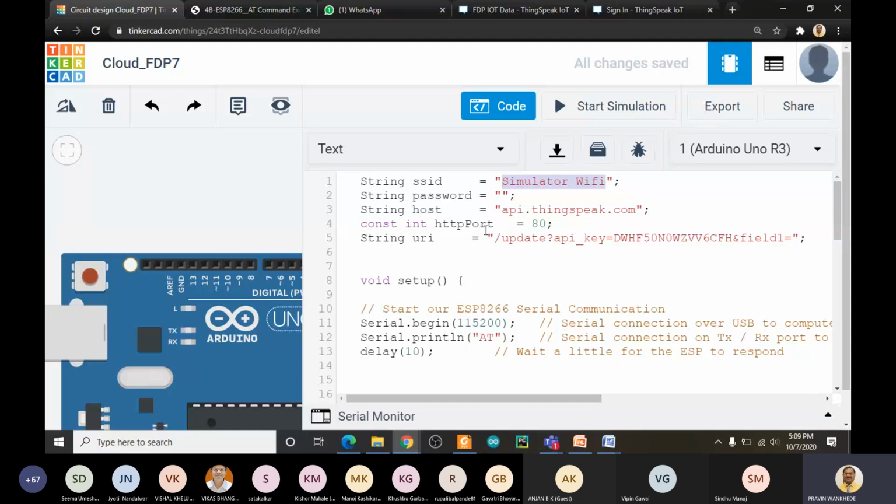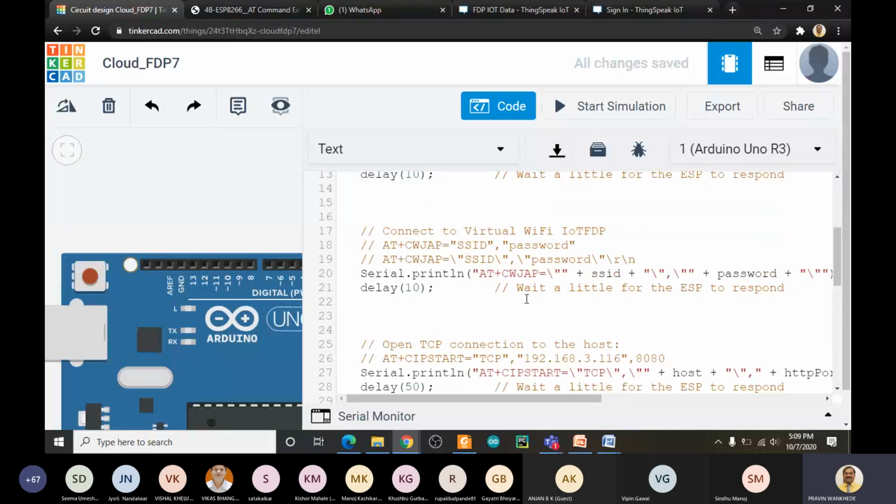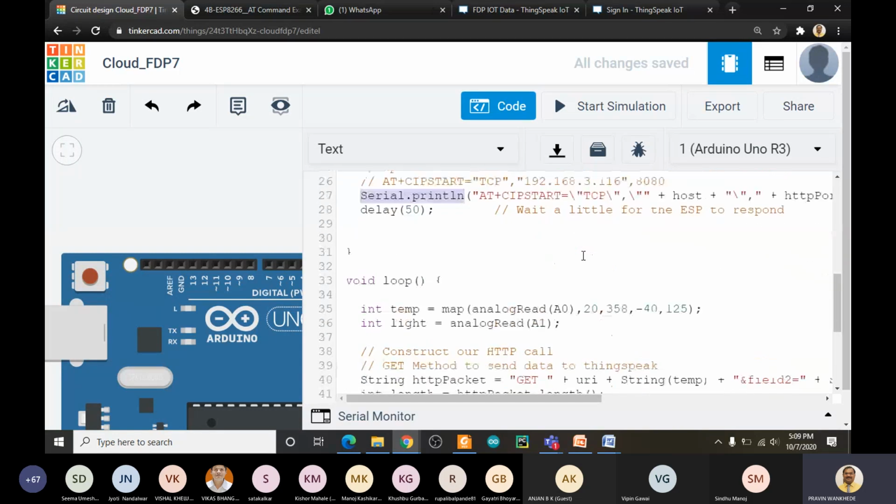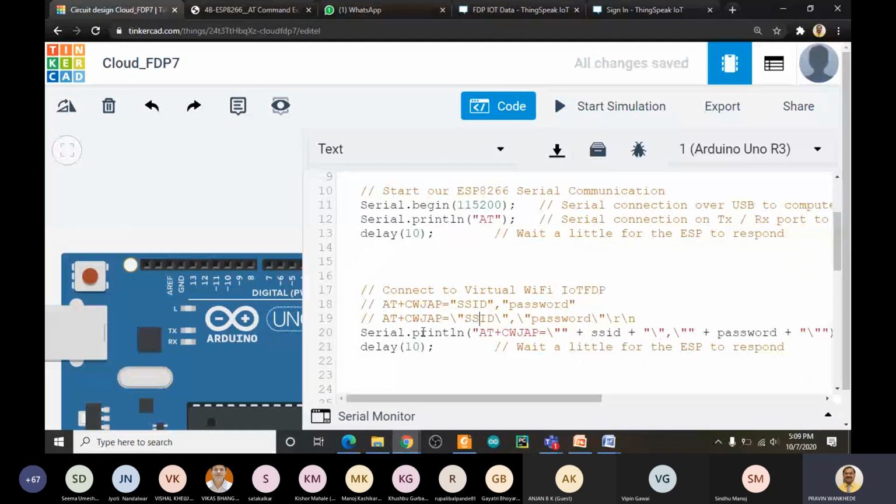Now, to send the data to our cloud, first we have to connect to a router or our access point, correct? So we have written here the first instruction, that is Serial.println AT+CWJAP.